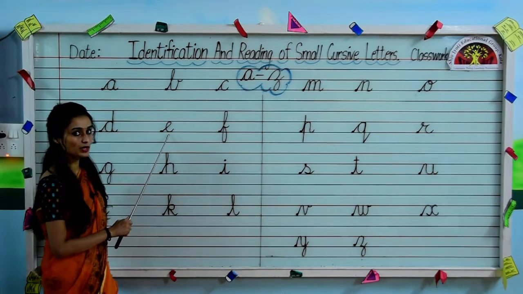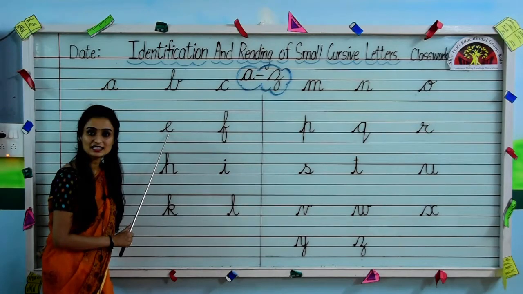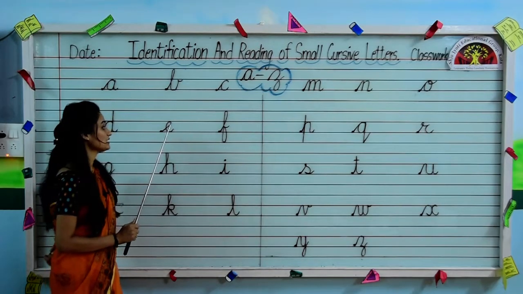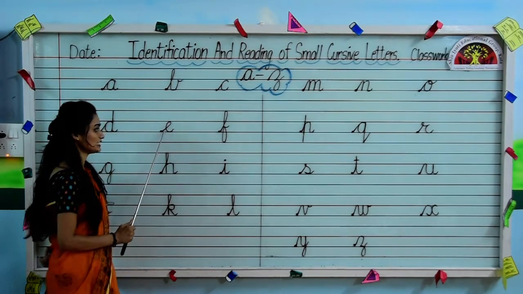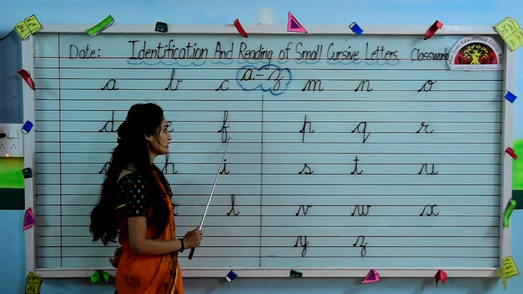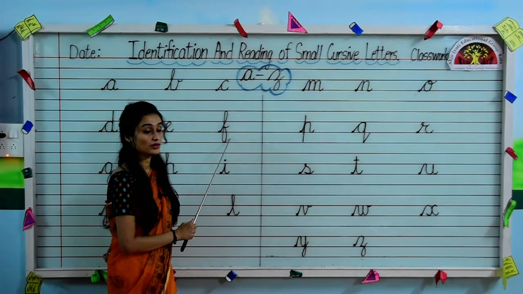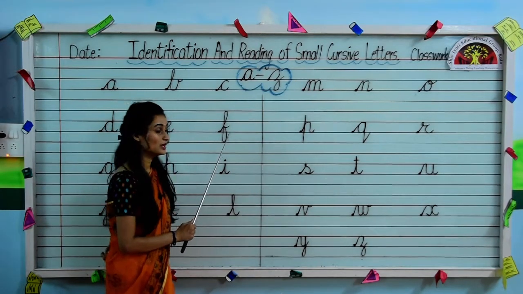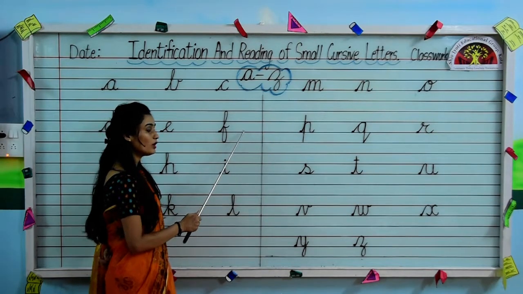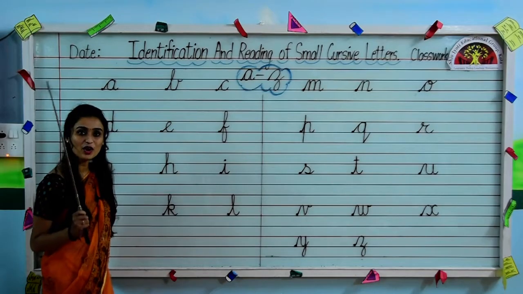Now tell me, which is this one kids? Yes, think. Which is this one? This is small cursive letter E. E for elephant. Now jump on the next one kids. Look over here and tell me first, which is this one now? This one is F. Small cursive letter F. This is written between all the four lines. F for frog.